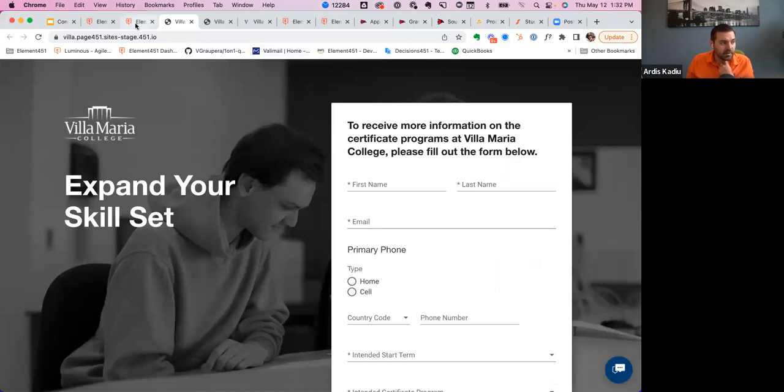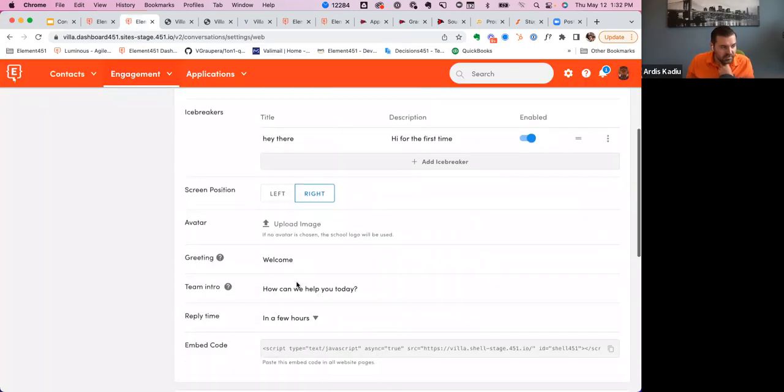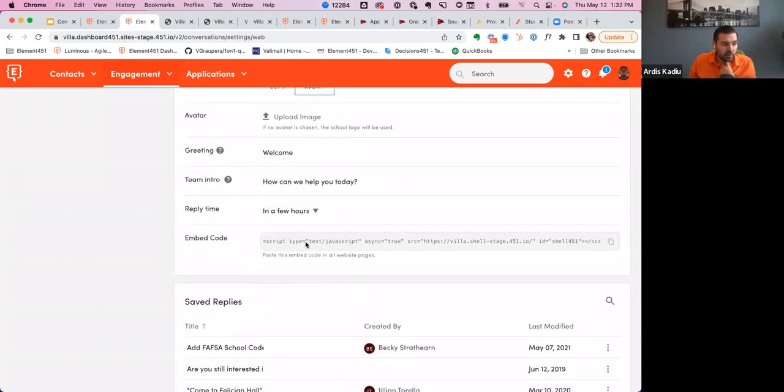And the next thing that you're going to see is, like it says, we reply within a few hours. You can change it in a day or a few minutes. And you also now have the embed code in here. So all you have to do is copy that embed code and just add it very similar to your Google Tag Manager, and you'll kind of add that automatically.